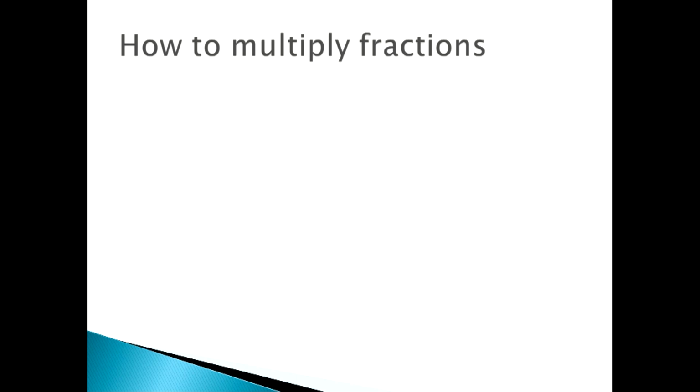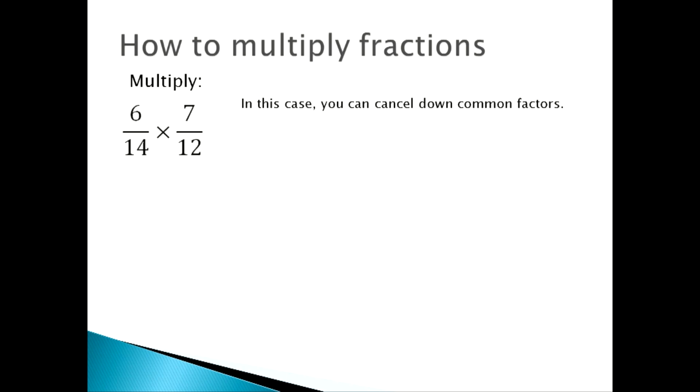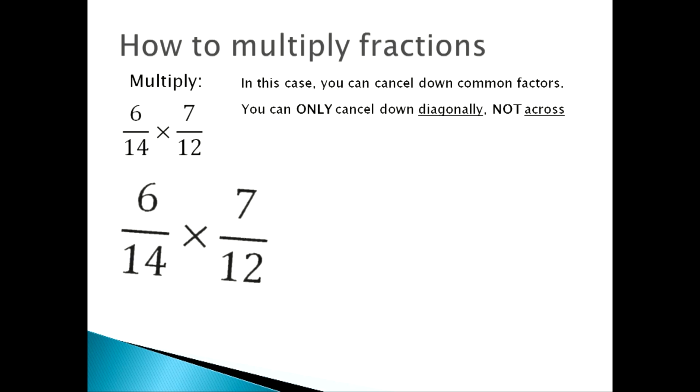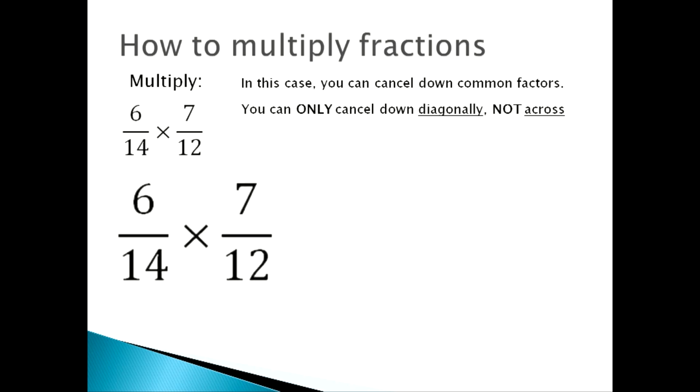Now we're going to look at a different example. Multiply 6 over 14 times by 7 over 12. In this instance, you can cancel down common factors, but there is one rule about cancelling down common factors. You can only cancel down diagonally, not across. You can only cancel down the denominator from the left side and the numerator from the right side, and vice